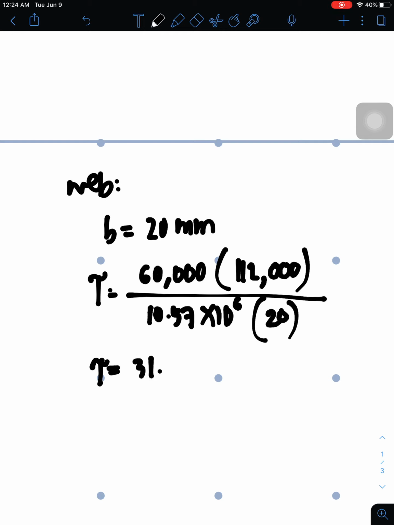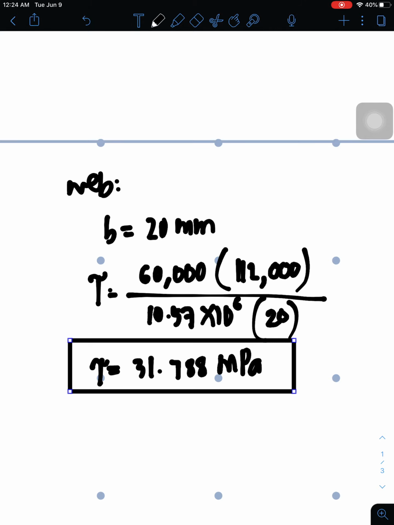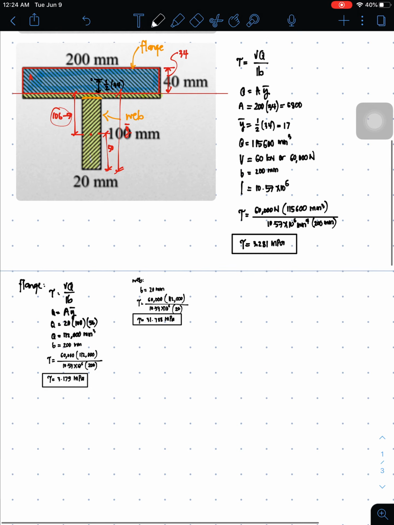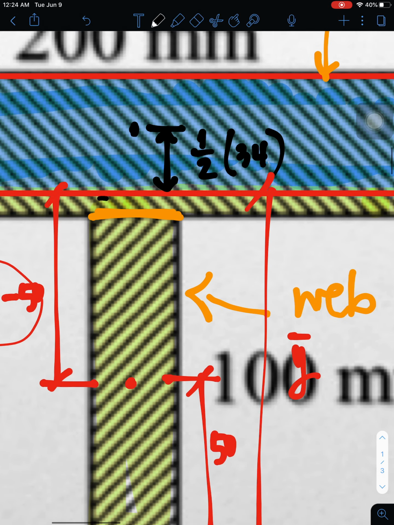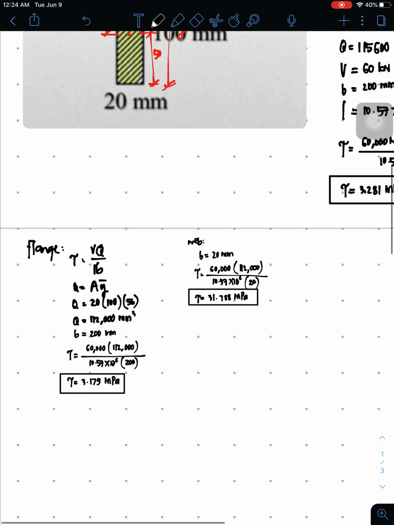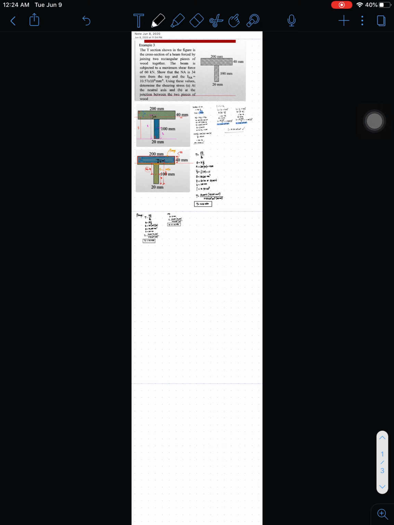So a large stress develops in the web because of its small section, because of its small width. Its member or its bonding here can easily fail. That's the reason why there is a large stress there. Okay, so this is our example number